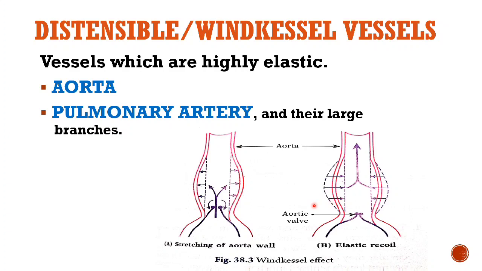during the systolic phase, the blood is ejected out of the heart and it is flowing through the aorta and its large branches. So while it is flowing, the recoil effect of the elastic tissues of the walls of the aorta, so it is first stretching and then coming back again. So this recoil effect is called the Windkessel effect. So this occurs during the diastolic phase of the heart. And the resistance to outflow offered by the peripheral arterioles is called peripheral resistance.